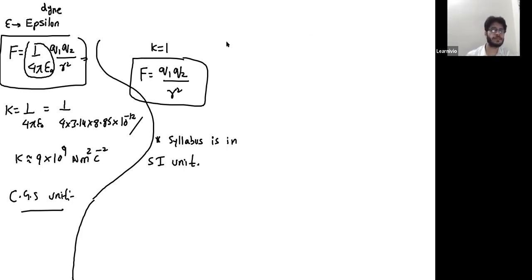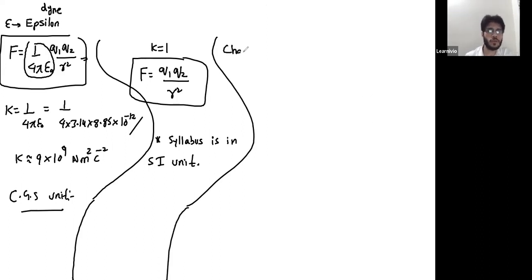The next is, there are some characteristics of Coulomb's law. Few characteristics of Coulomb's law. The first one is, Coulomb's law is valid only for a point charge. Point charge means charge is distributed over a body which is just a point. There are no dimensions of the body. There's no size, radius, area, or volume of the body. The body is just a point. So the first characteristic is, it is valid only for point charge.